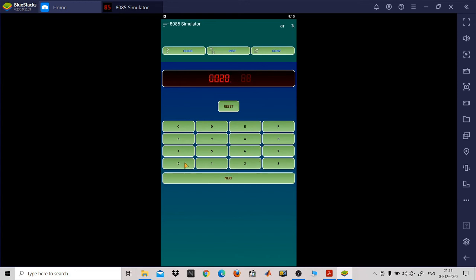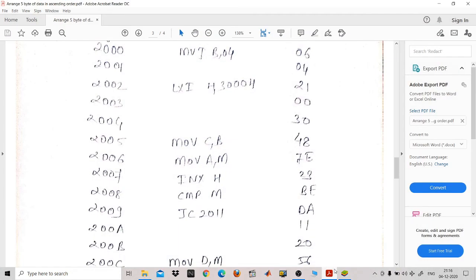So our starting address is 2000 hex. When you click on next, your control will come from the address field to the data field. So at 2000, that is 06. Then 04. Then 21, then 00, then 30 at 2004.